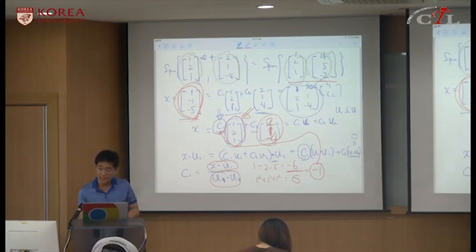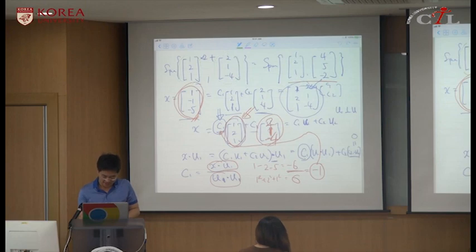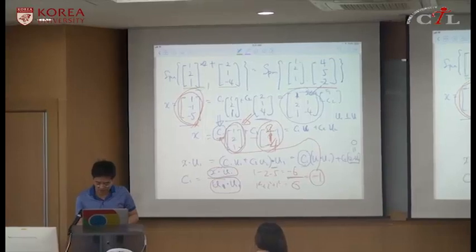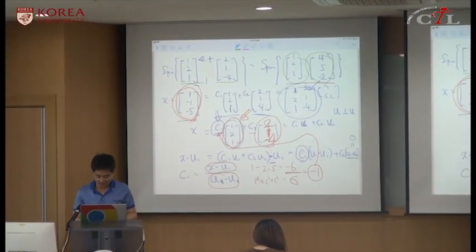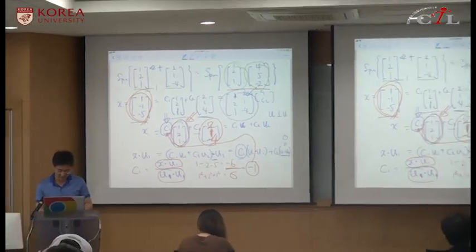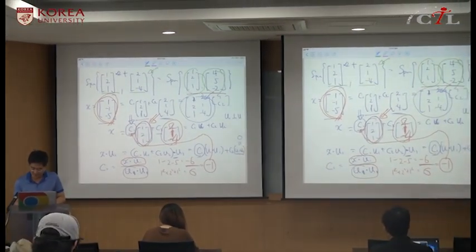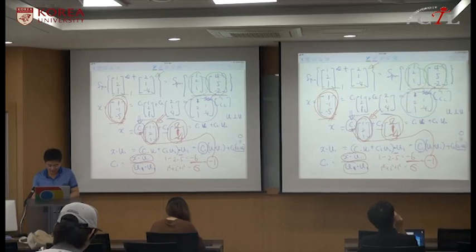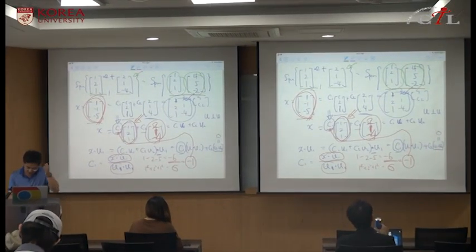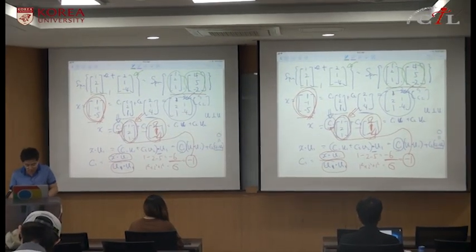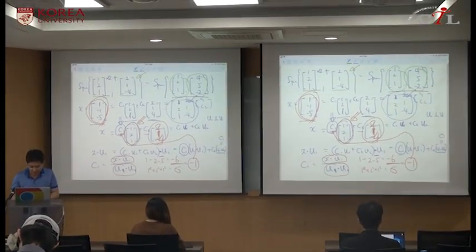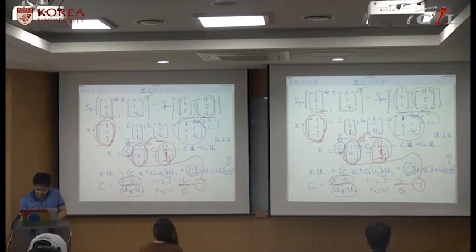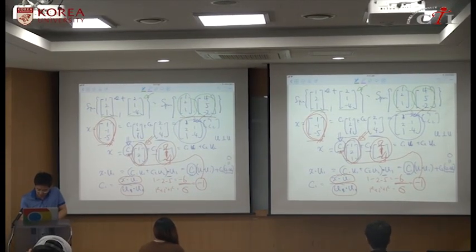The left ones are orthogonal, and the right ones are not; they are just linearly independent. So when using linearly independent ones that are not orthogonal,